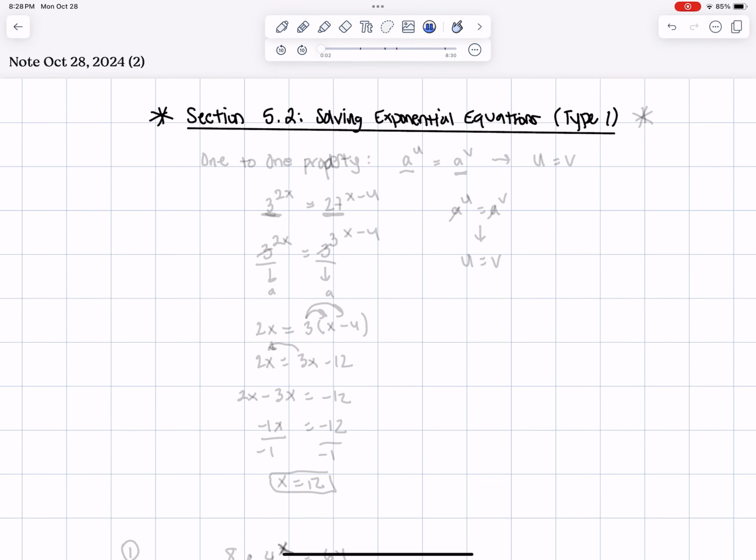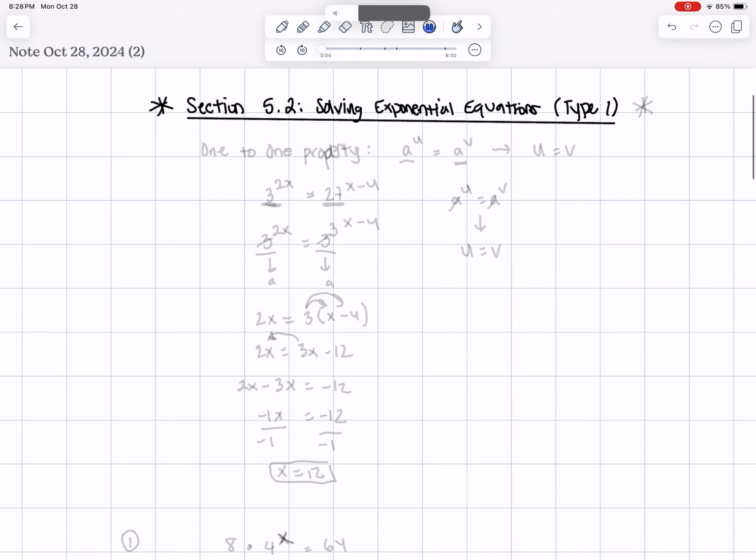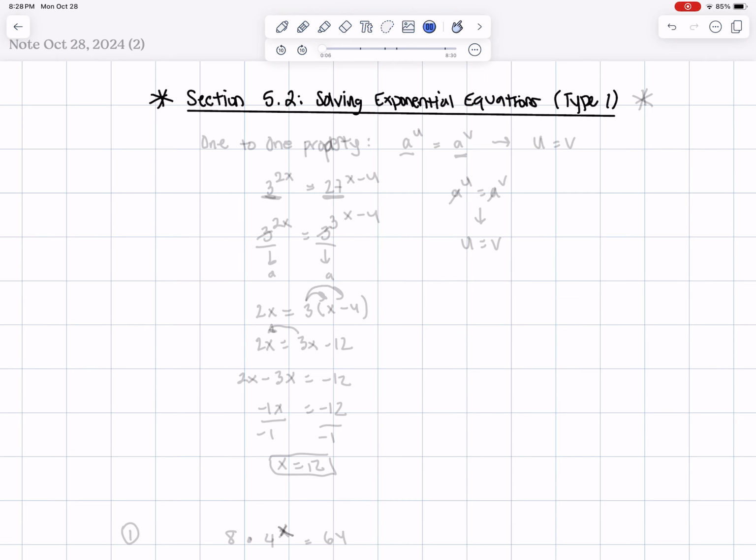Okay, so this is section 5.2, solving exponential equations, and this definitely will be a problem that will be on your exam. It's very common to be used on the exams. So